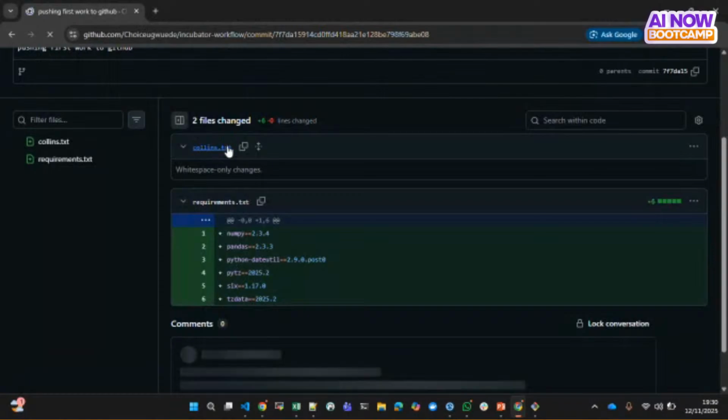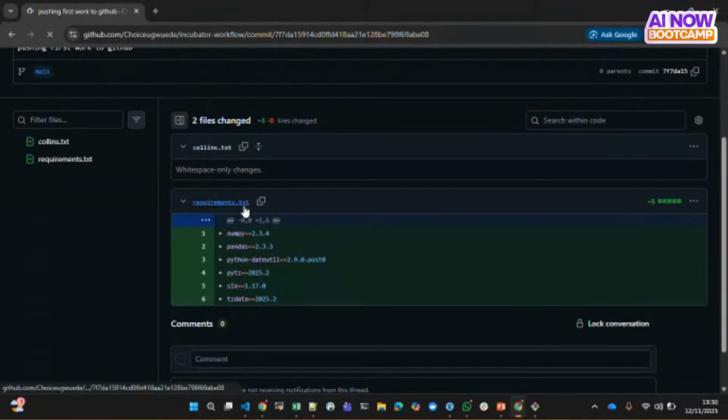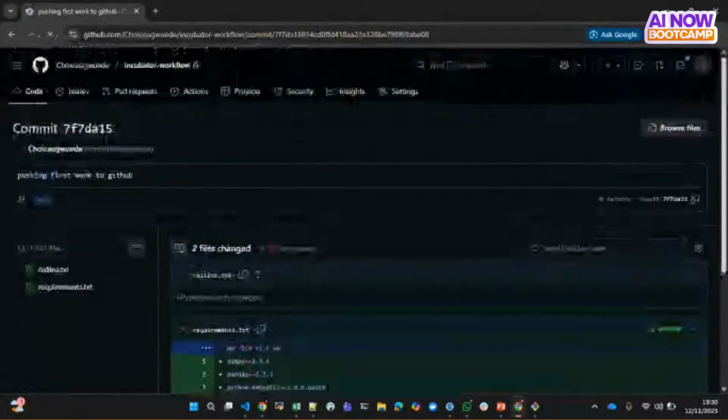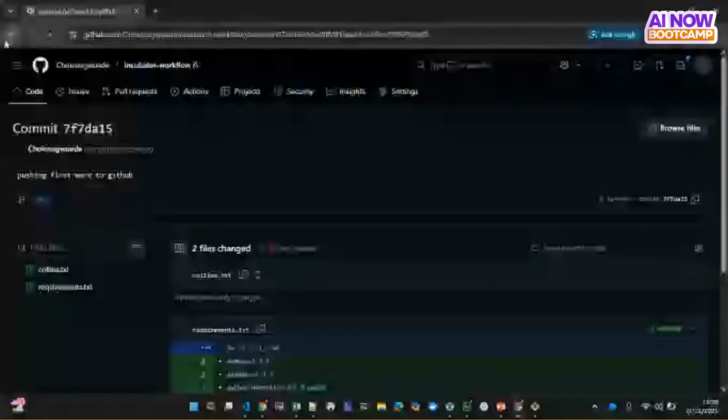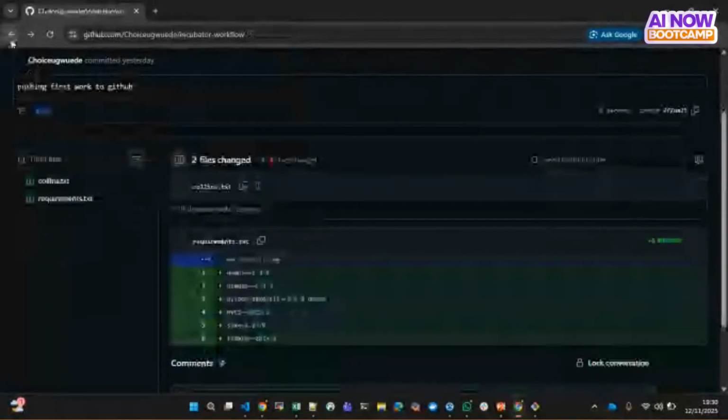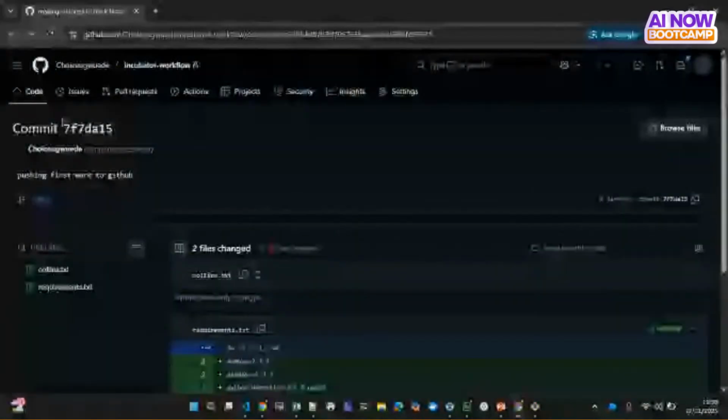We sent an empty collins.txt. You can see that there was nothing in the file. Then we sent the first commit we did, right? So now let's go back. You see the second commit we handled. Let me go back to the